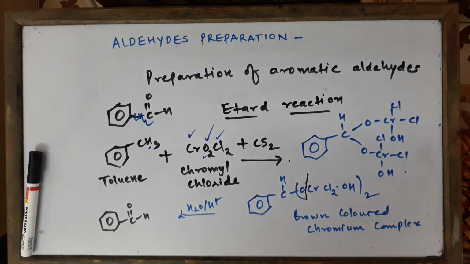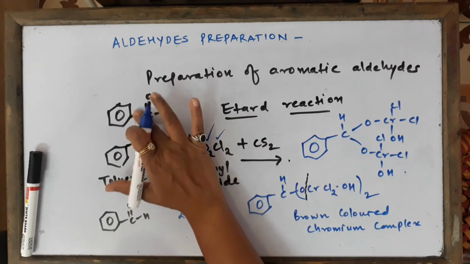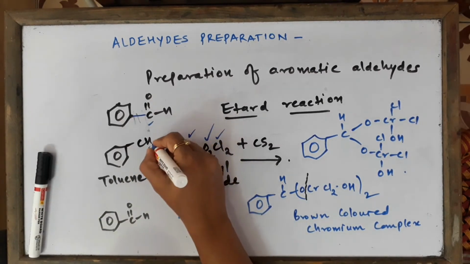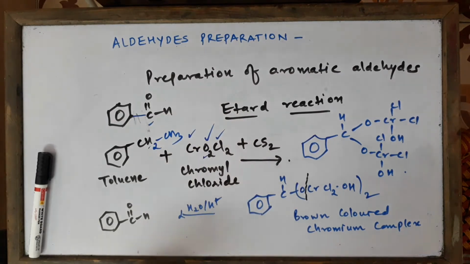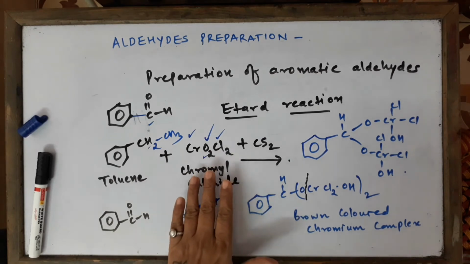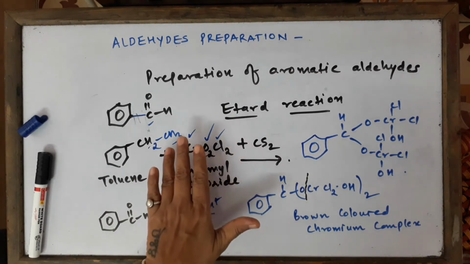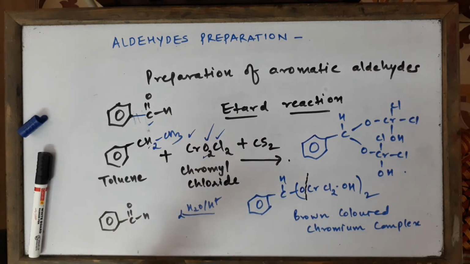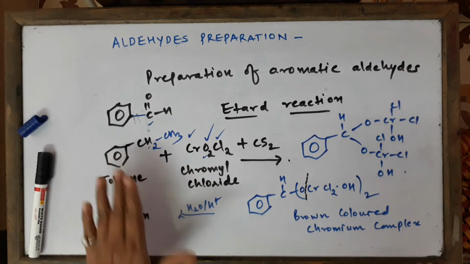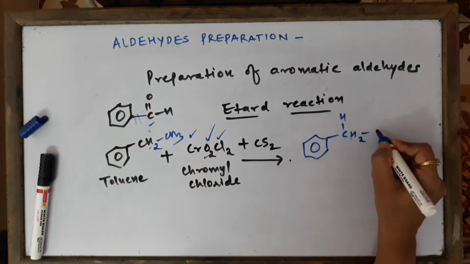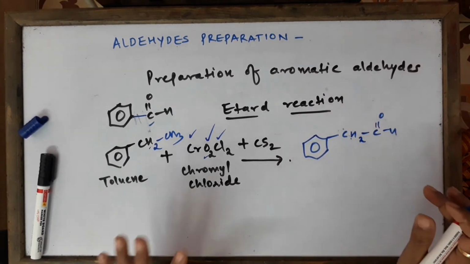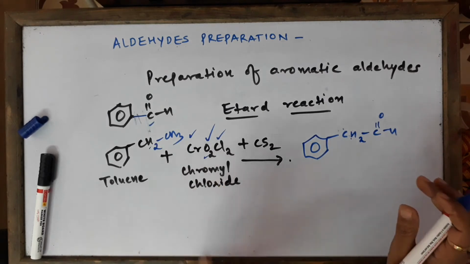See, suppose not like this. Suppose the question was this way. I'll just change the structure, just focus here. So if the compound was something like this, then I must remember one thing is that Etard reagent can oxidize the last CH3. It is going to oxidize the terminal CH3. So the final answer of this will be, so it's going to be CH2C double bond OH. This is the answer. So the point is, the bottom line is that chromyl chloride is such a unique reagent.